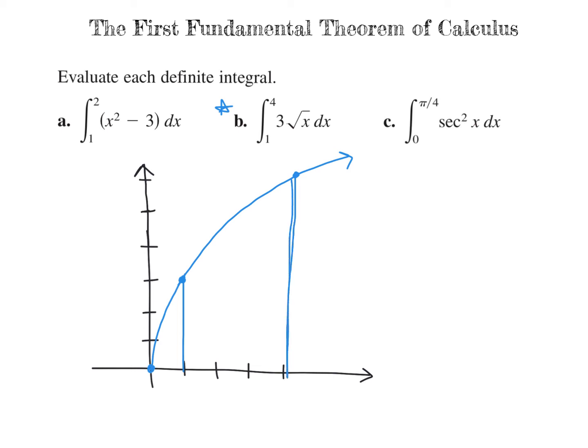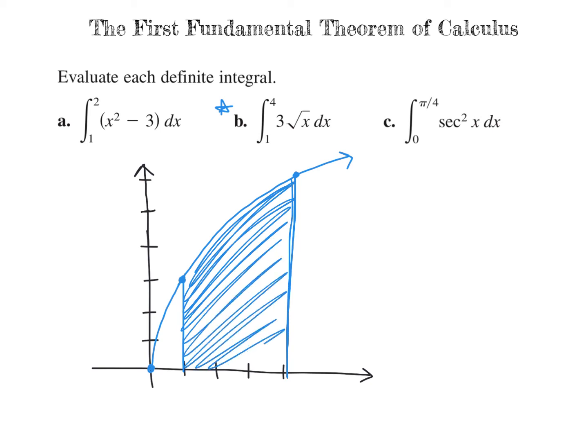It's not the greatest line there, but that's okay. It's this entire area here, down to the x-axis. It's completely all positive because it's above the x-axis, and it's a pretty large area. It is 14. We could not necessarily do that without, maybe we could, using some sort of circular function, but it's much easier to use calculus here because this is not a geometric shape we can necessarily take the area of, but the first fundamental theorem of calculus tells us that the area underneath this curve down to the x-axis